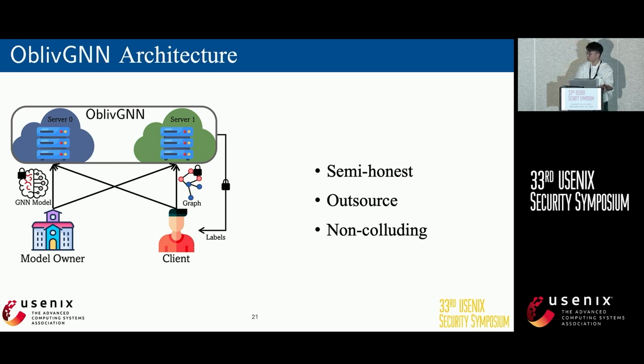So we propose our approach, OblivGNN. The OblivGNN architecture has the following characteristics. We consider a semi-honest adversary. It is an outsourced model, and we assume that servers are non-colluding. The model owner possesses a GNN model and wishes to leverage OblivGNN to enable oblivious inference without revealing the model. The client is the querier who requests an oblivious node classification from OblivGNN. It submits the node ID or the graph to OblivGNN and receives the inference result without revealing its private query. Two cloud servers in different trust domains obliviously execute the inference without seeing the model or the graph in clear text.